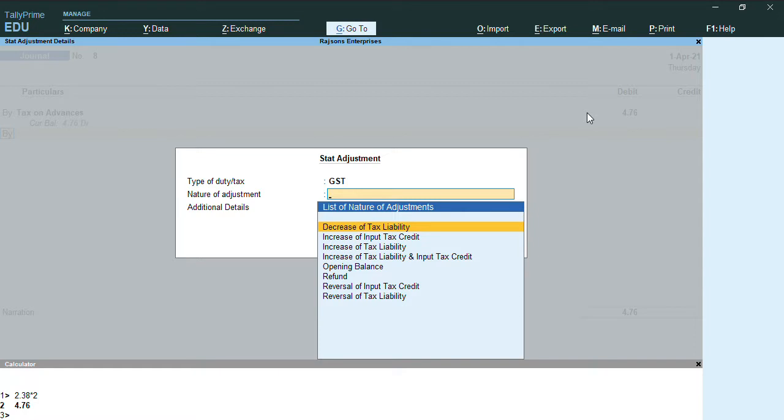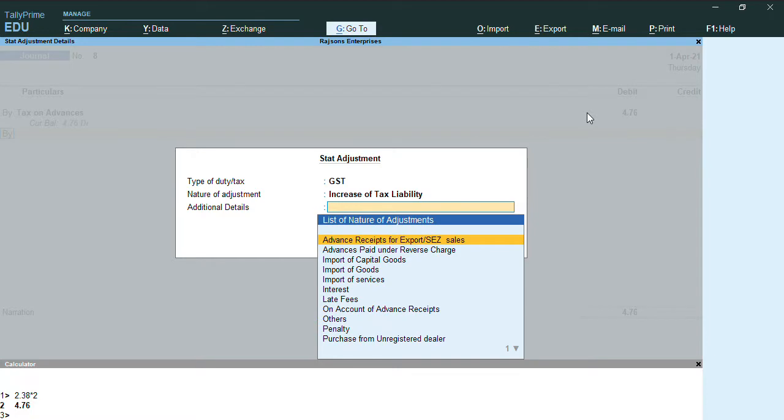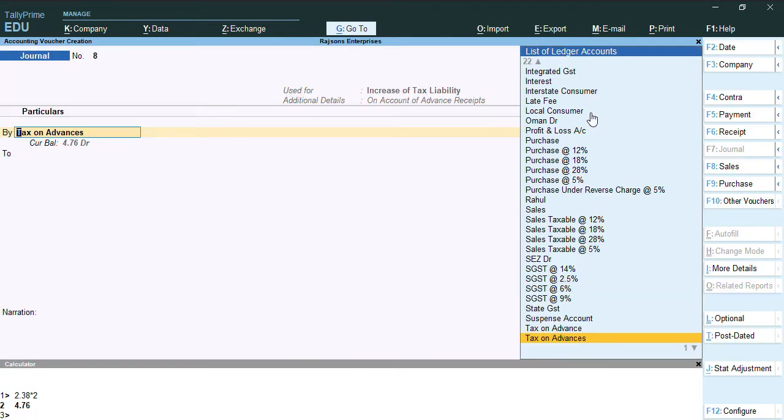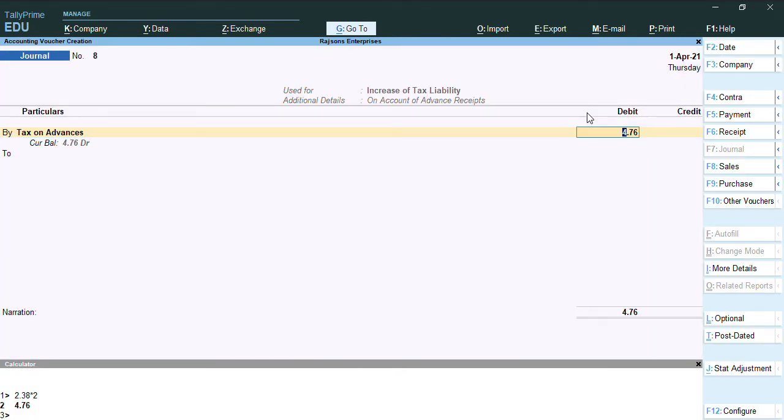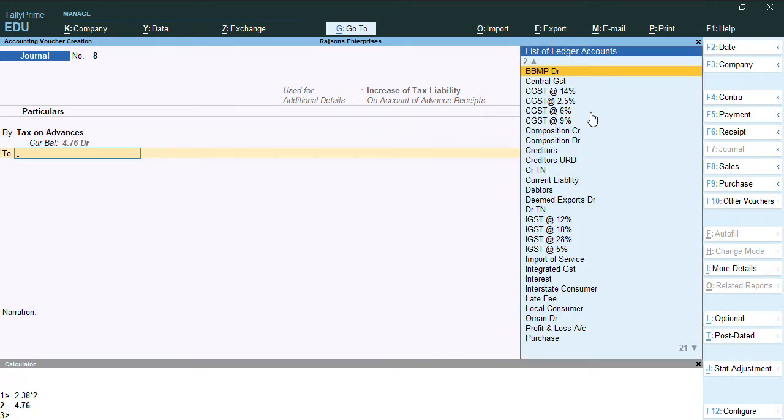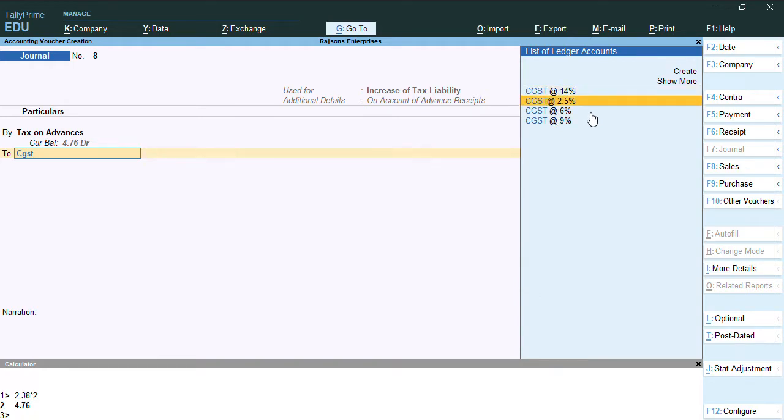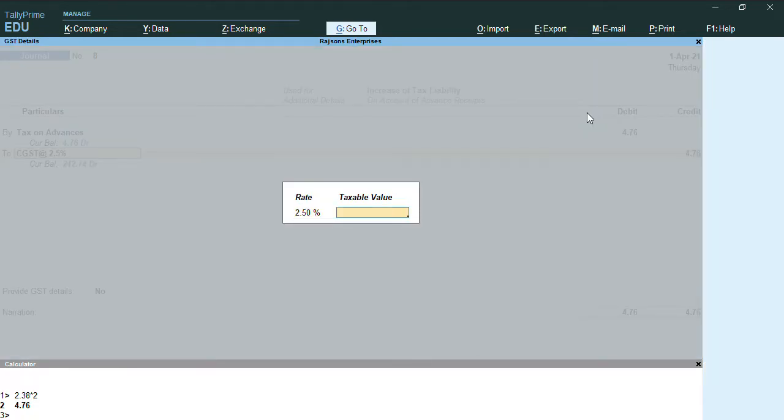Nature of adjustment will be increase of tax liability on account of advance receipt. So here, tax on advance, and we'll enter the debit amount 4.76 to CGST 2.5%, and the taxable value